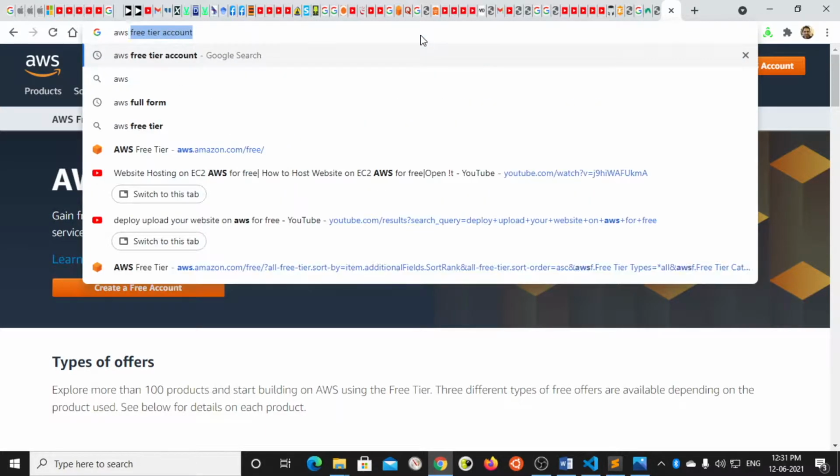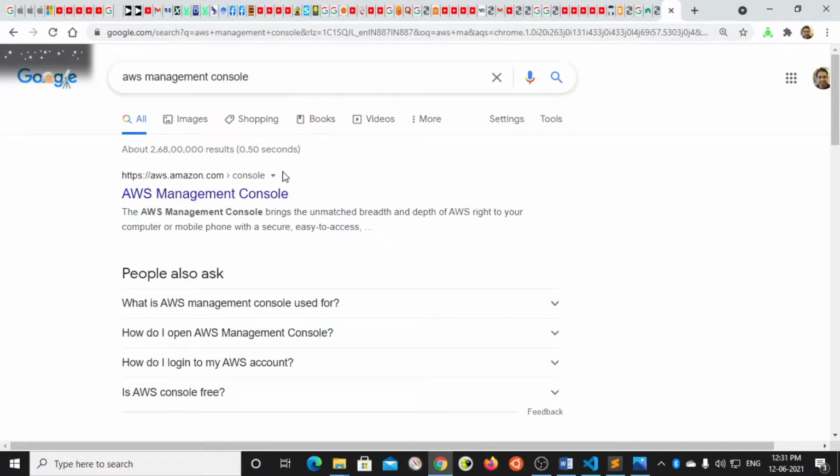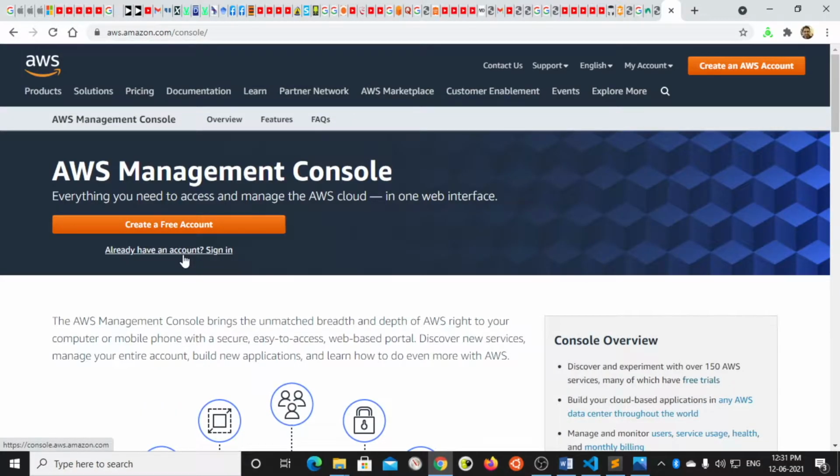So for login you need to type AWS Management Console. So I'll do the login quickly, and after that I explain you things step by step.